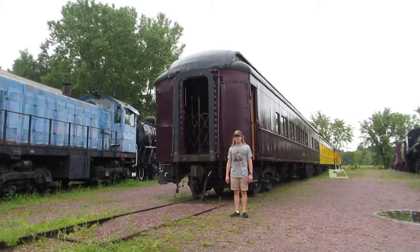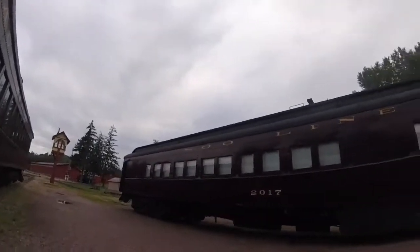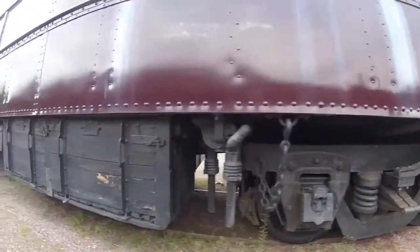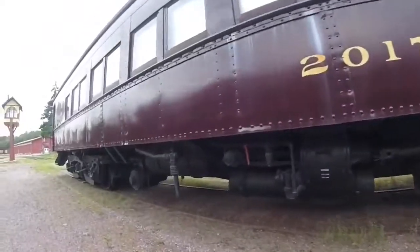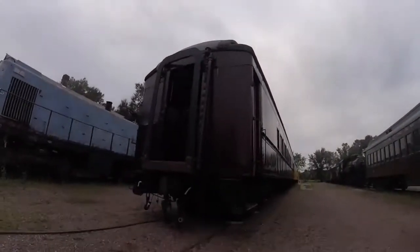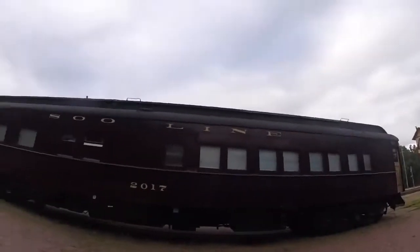What you see right behind me is Soo Line 2017. Soo Line 2017 was built by Barney and Smith Car Company in Dayton, Ohio in 1914 and is a diner lounge car. This car was originally built as a passenger coach, and the car had plush walkover seats, electric lighting, and full vestibules. The car was updated over the years as the Soo Line equipped it with air conditioning and removed the